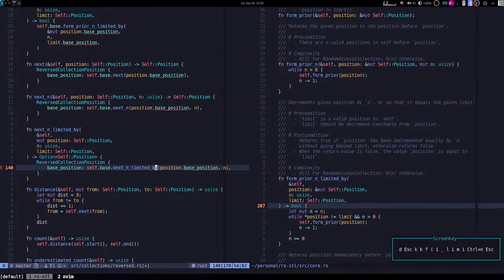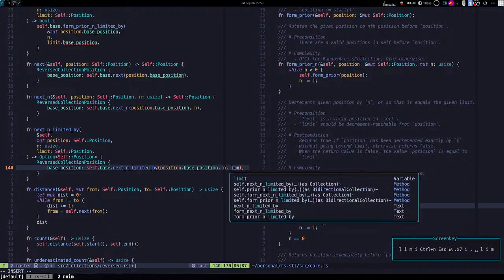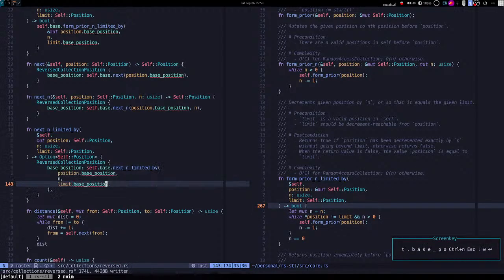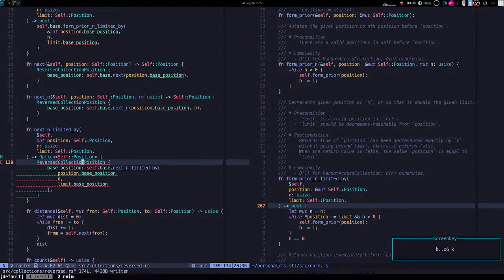And limited by position dot base position, and limit is limit dot base position. Next and limited by